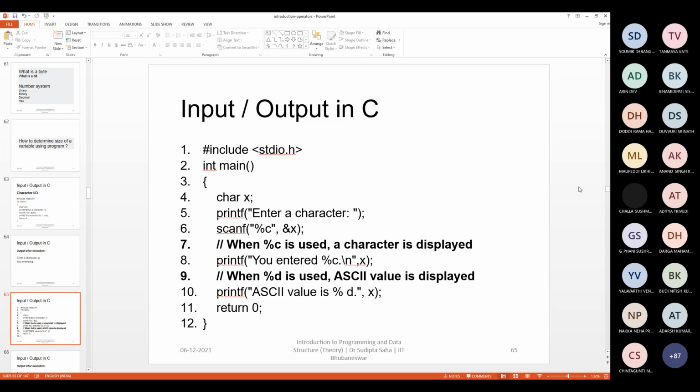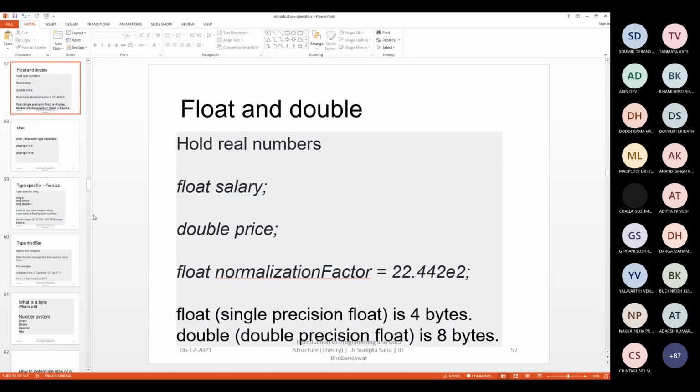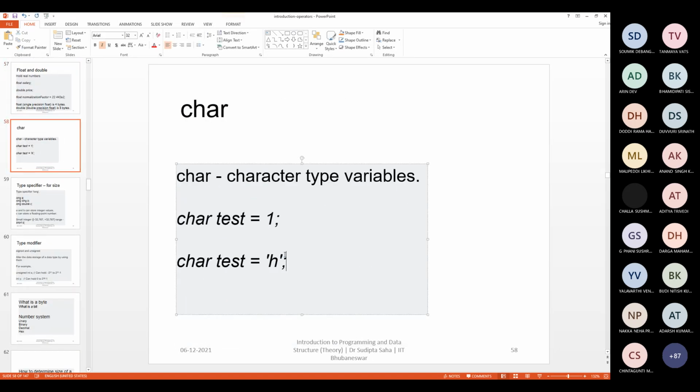So this ASCII coding will tell you what is the internal representation of H, whatever I showed you, this single quote H. It has one internal representation. That mapping you will get if you see the ASCII coding. Just type ASCII codes in Google. You'll get all the different values for all the English characters, even numbers also, 1, 2, 3, 4 up to 9, 0 also. You'll get an ASCII coding. So these ASCII codes are stored inside this test when you write single quote H.